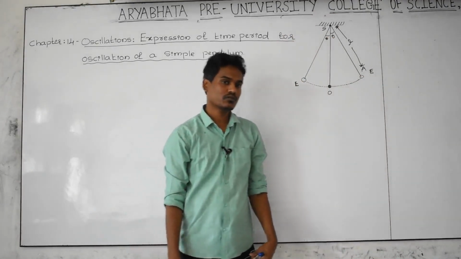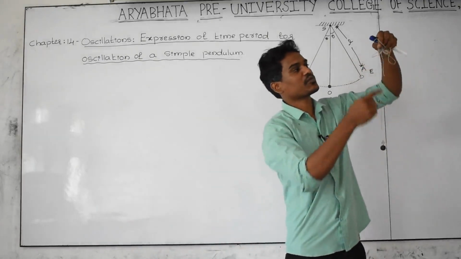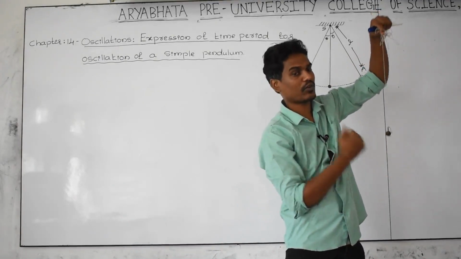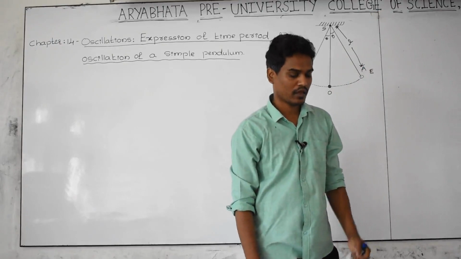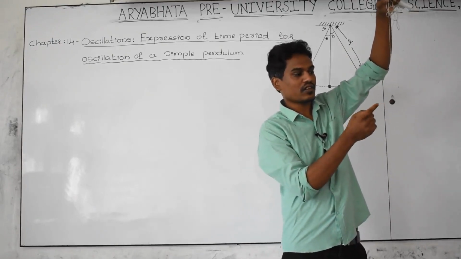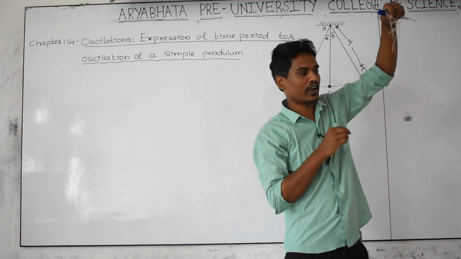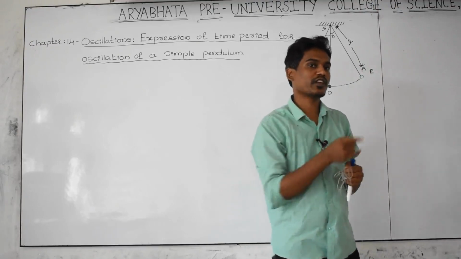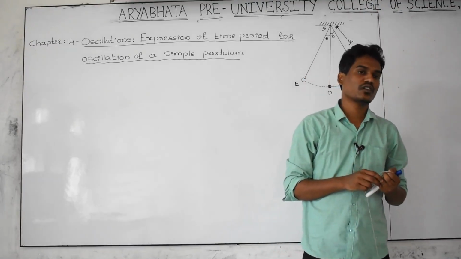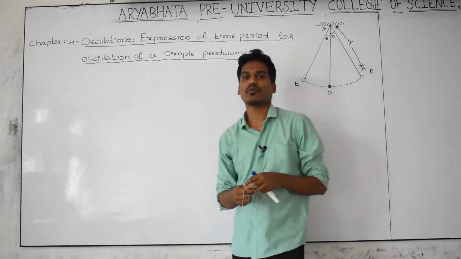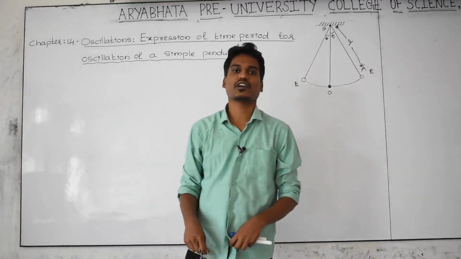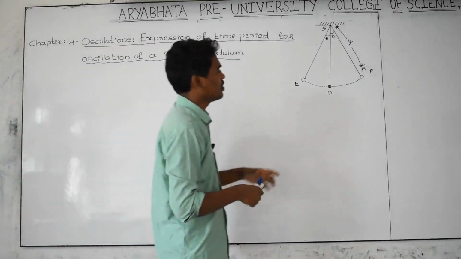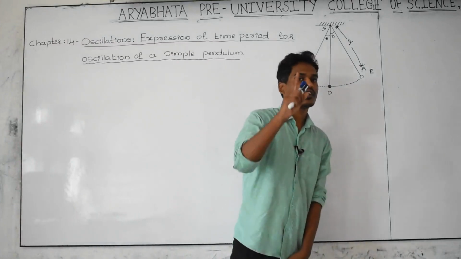What is a simple pendulum? Any body which is suspended from one point under the action of gravity, we are going to call a simple pendulum. Now the body is at rest, but now the body is in to and fro motion. Whatever the position of the body during the simple harmonic motion, continuously that body is acted upon by the gravitational force of attraction in the downward direction. Our intention is to find the time taken by the body to complete one oscillation.